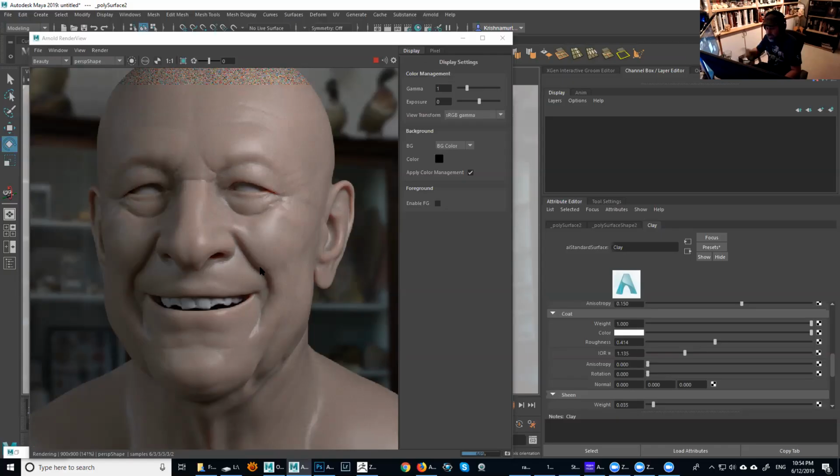And what happened last class, I was saying before, is that people got too much into that part. They got stuck doing too much of the pore work and forgot to do a lot of the render tests. So I want to make sure you guys are doing more render tests from the get-go.